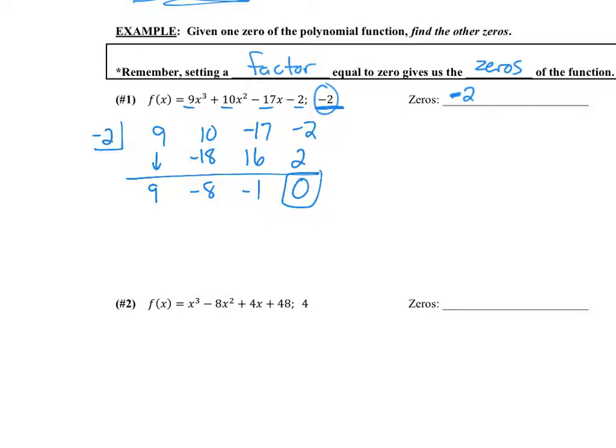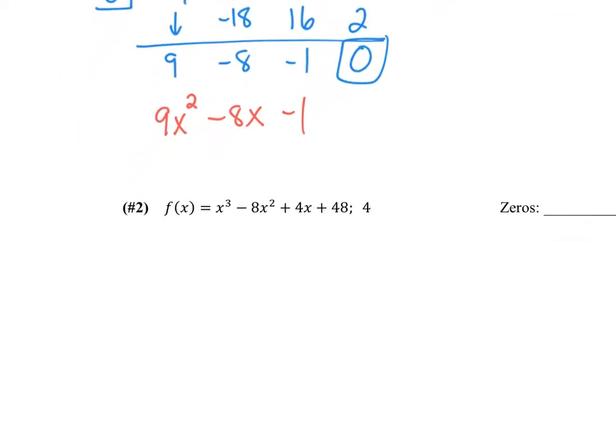Now, we rewrite the numbers down here as a new polynomial. The biggest exponent was a 3, so now we're going to say it's 9x squared because it's got to be 1 less than what our biggest exponent was. So we end up with 9x squared minus 8x minus 1. Okay, and what we have to do now is set this equal to 0 and factor because we're trying to find the zeros. So if we factor this,